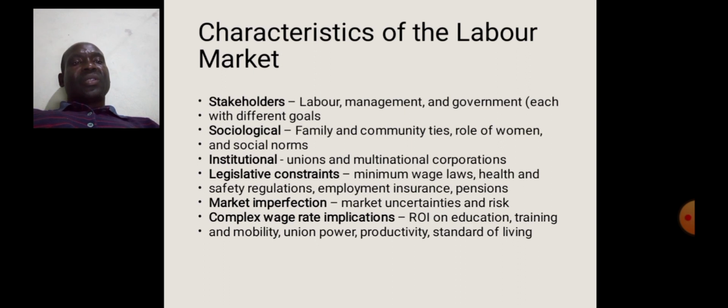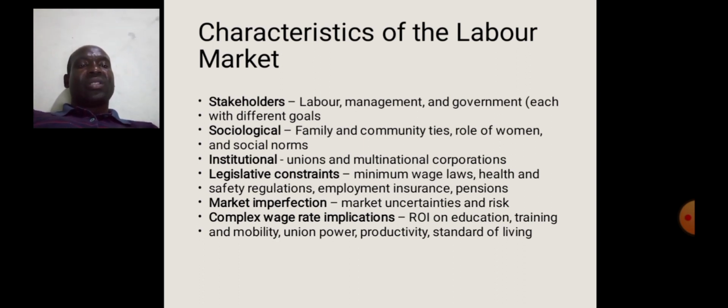Then you also have sociological factors as one of the characteristics. You have families, you've got community ties, you look at the role of women, you look at social norms. Okay? Then institutional, that's where you look at the unions, multinational corporations. There are also legislative constraints. There are laws that are enacted that are likely to affect the performance of a firm or a business generally. Okay? Things like the minimum wage, health and safety regulations, employment insurance, pensions, those are likely to affect the operation